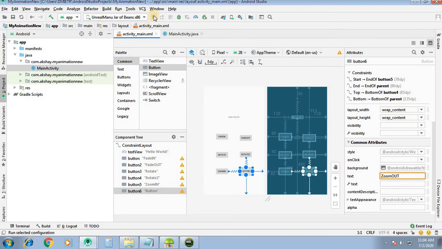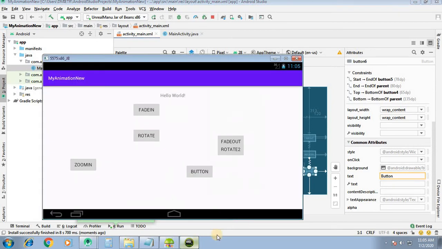Okay, now let us run this configuration to check the positions in a landscape view. It has been finished. Now you can see, okay, we will manage these buttons.